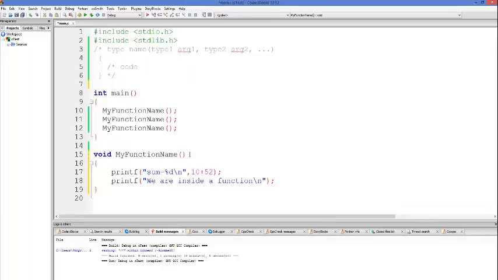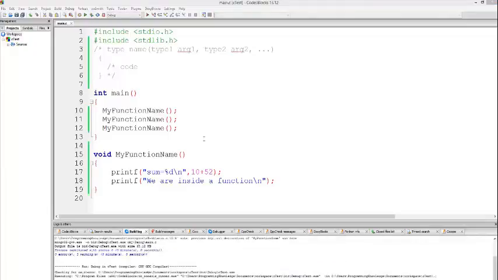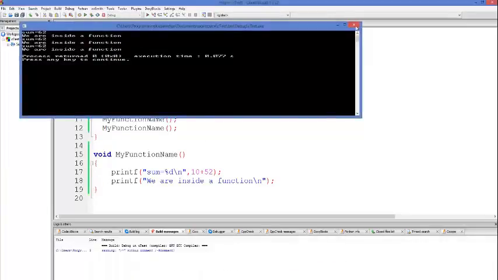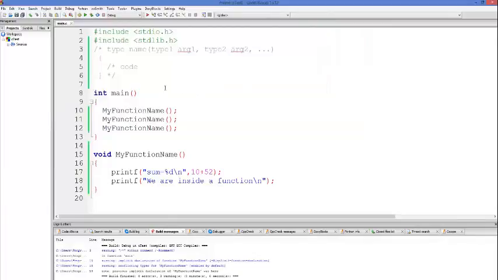Just copy this here and paste the declaration here, right? And I will show you, if you don't do this, what happens. If I don't prototype this, I will just delete this and try to compile my program. It still runs, but when you prototype your function, then you are just saying to your C program that there is